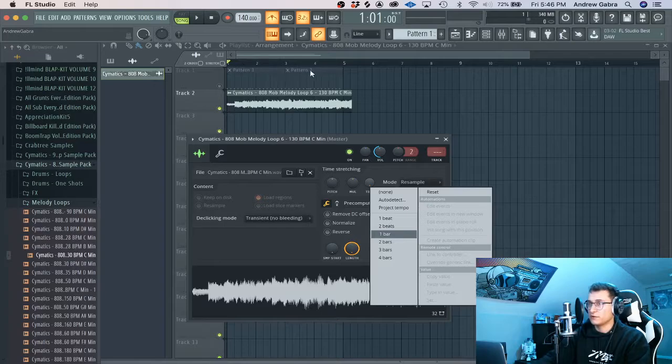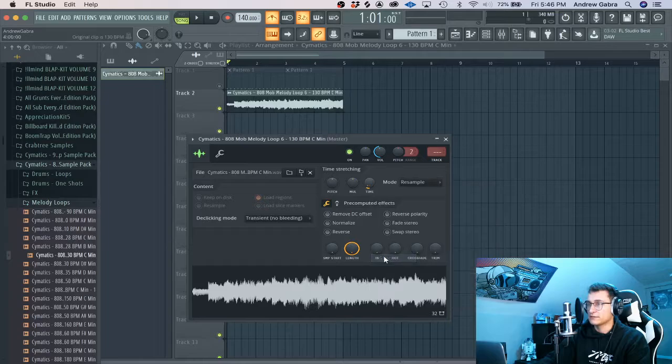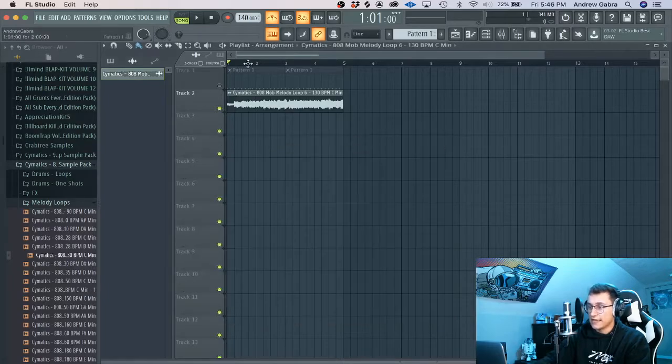bar 1, bar 2, bar 3, bar 4. At bar 5 there's been 4 bars, so that's the length you want it to be in order to be on time. So just click 4 bars, and then if you see right there, it just stretched so that it locks onto the grid perfectly. So then now if you play it,